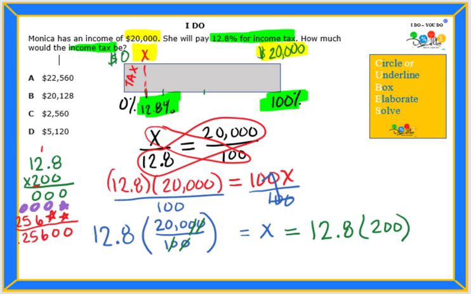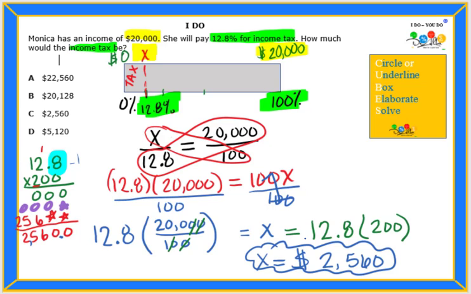And so we also have to count our decimal places. So we can see that we have one number behind the decimal in our first factor. We have no decimals in our second factor. So we need a total of one number behind the decimal in our answer. So we're going to move in from the back one time. And then we have our answer. So x is equal to 2,560. So our income tax amount is